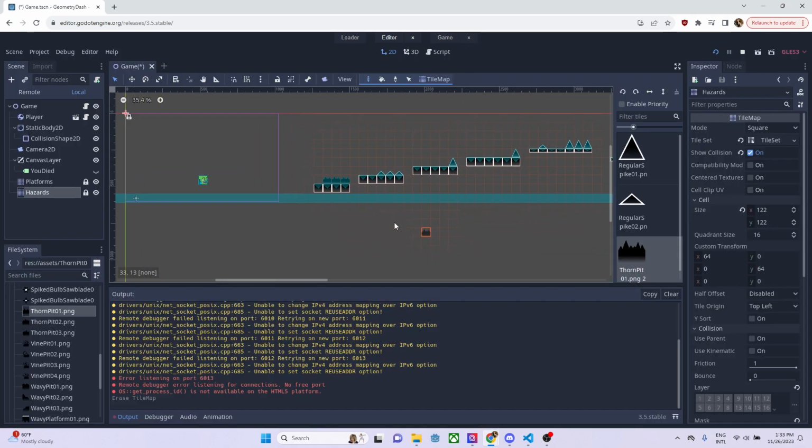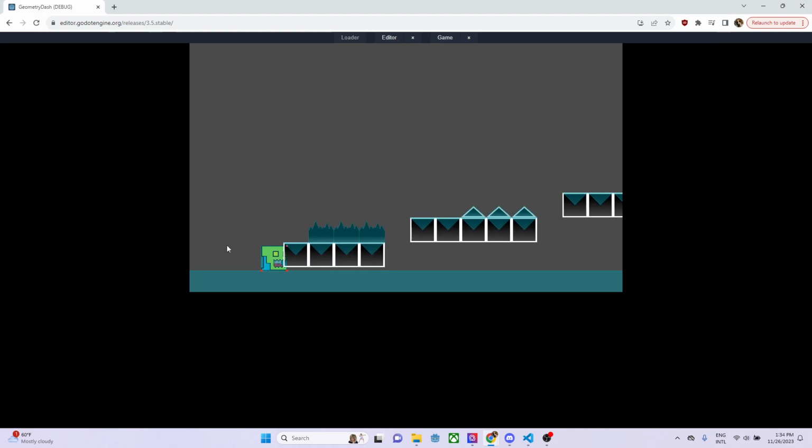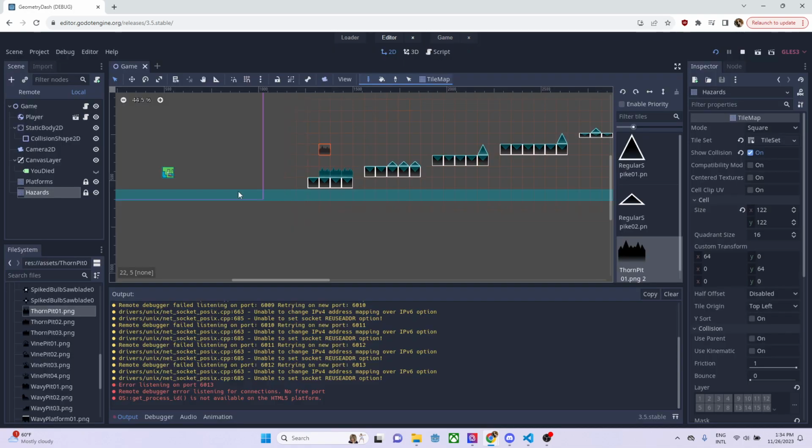So now let's try to deal with if we play the game and we just run into a block, we'll see that we don't actually die. Like that, we just get stuck, but we don't actually die, which is not what we want. Since in the game, once we hit the side of the block, we should actually die. So what we want to do is